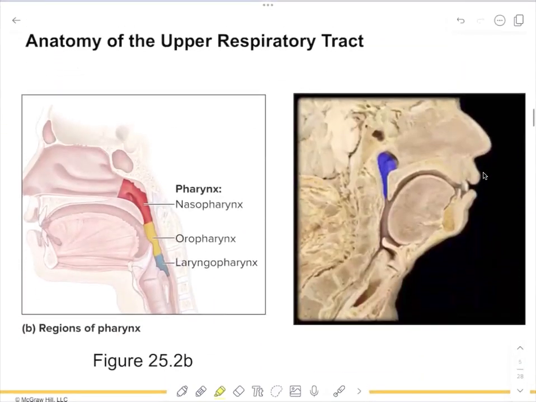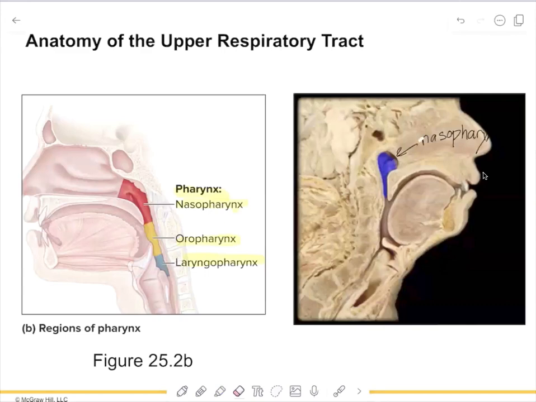When we look at this anatomy of the respiratory tract, I want you to notice that the pharynx, again, which is commonly called the throat, is divided into three separate regions. The first part is the nasopharynx, the oropharynx, and then the laryngopharynx. On the cadaver image that is to the right, we can see here that this is showing the nasopharynx,